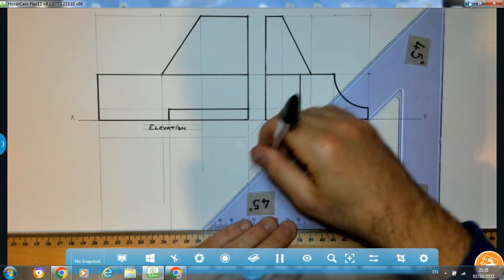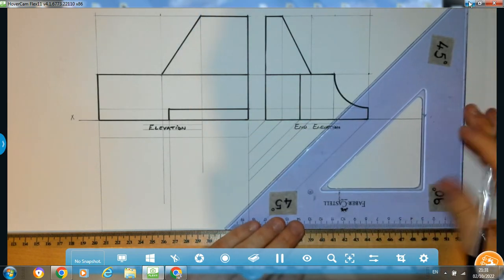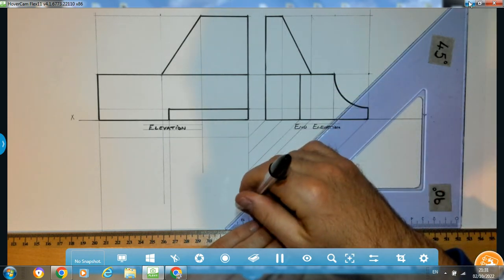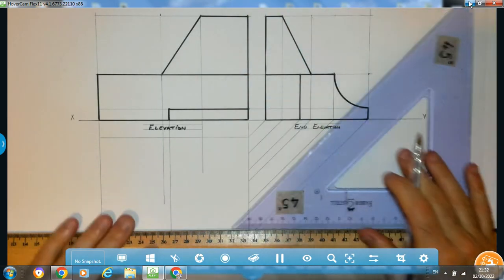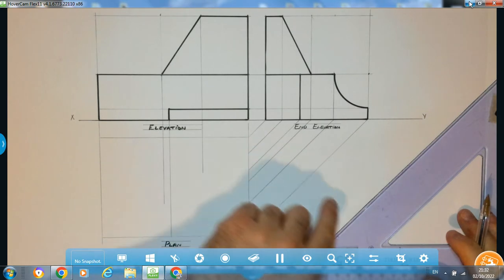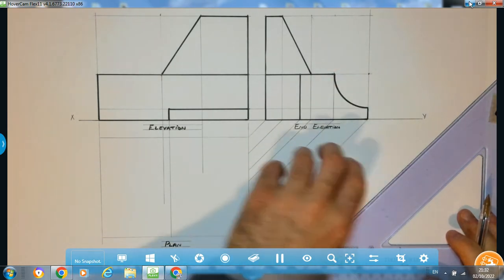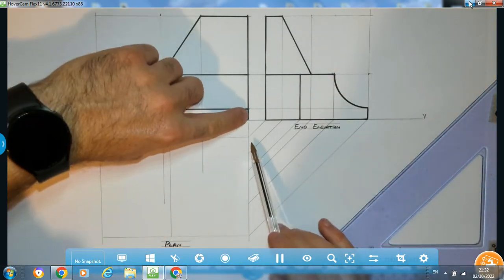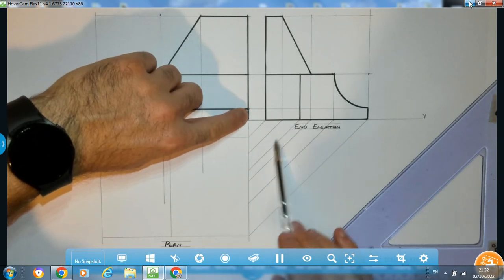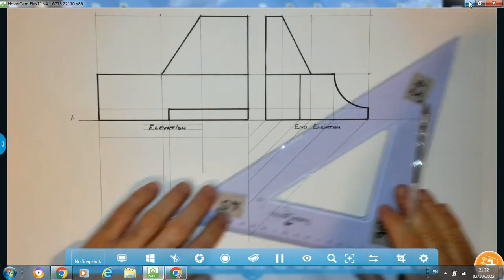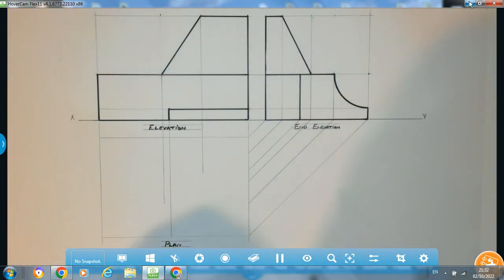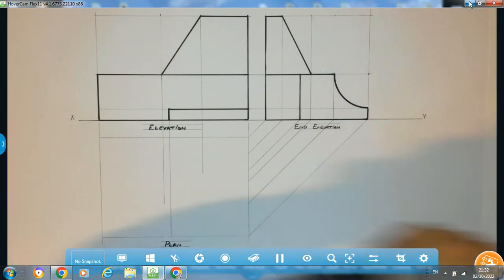There's multiple ways we can actually do this, transferring widths from the end elevation over to the plan. You could project the line at 45 degrees this way and bring your line straight down to hit that and then come across. Or you could put a compass point here and use it as an arc to bring the points across as well. Okay, so to start heavying this information in, I'm going to start off by heavying in